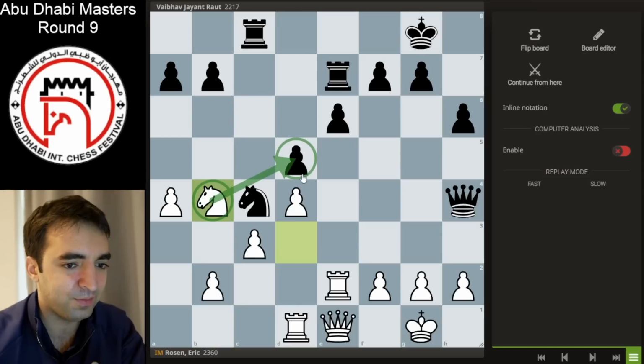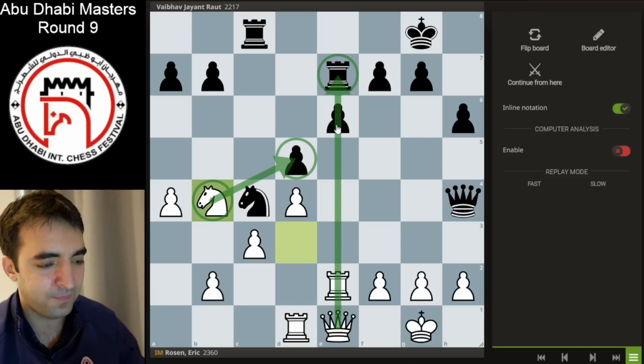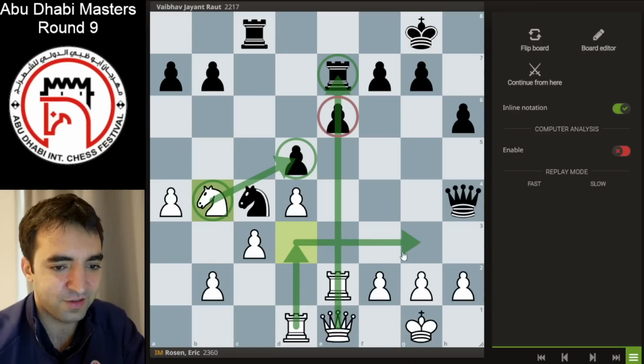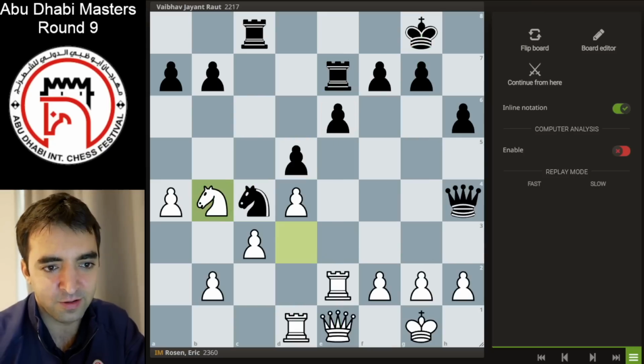Not only do I have the simple threat of taking on d5, exploiting the pinned e-pawn, but I'm also preparing the rook lift. And this was one reason for rook d1 earlier, to eventually get the rook to align with black's king. So my opponent,